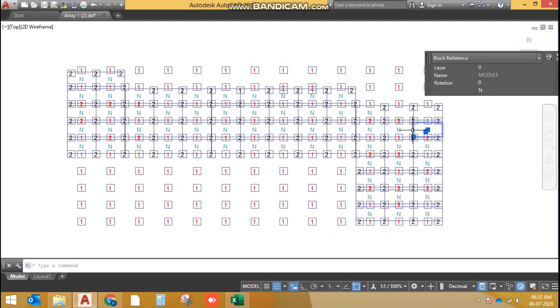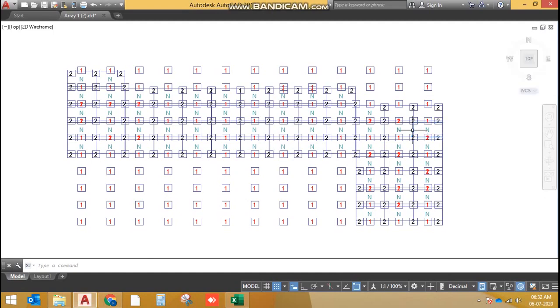For RM10 this does not apply. For RM5 you need to check whether all the modules have N in it. For example, we do not have N in this too, so just delete this too,